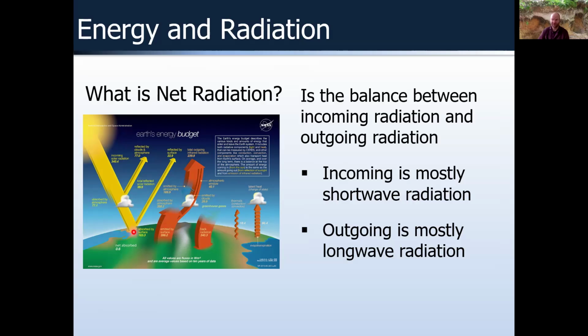Some of it reaches Earth's surface. Some of it then is either reflected or absorbed and then re-emitted, and we can think about this relative balance. Earlier in this lecture, we focused on comparing a cloudy day versus a clear day and what that meant for direct and indirect forms of radiation and how they differ. You could really do the same thought experiment, thinking about different land cover types like forest versus an urban area,